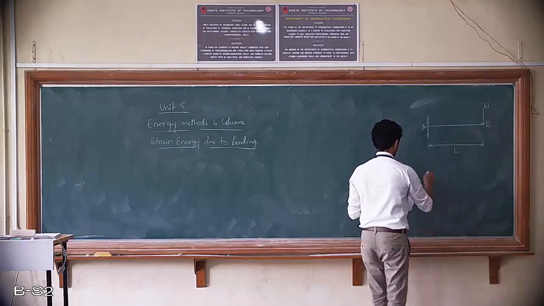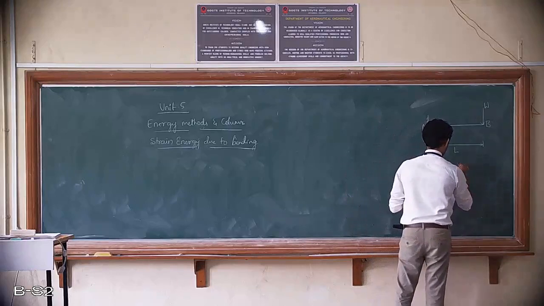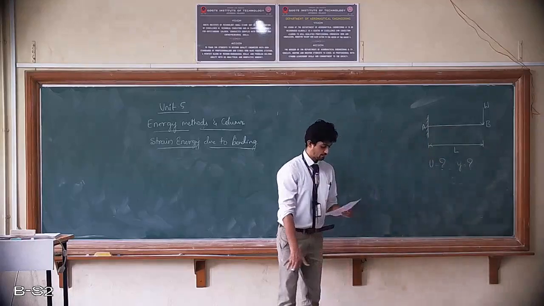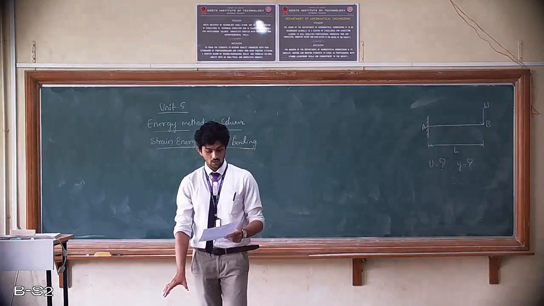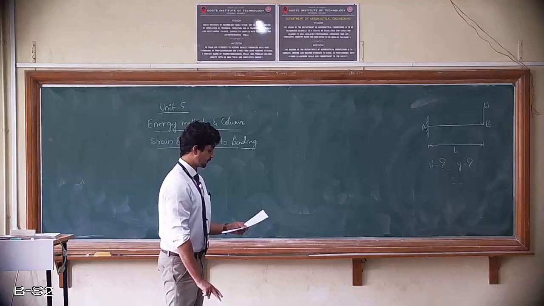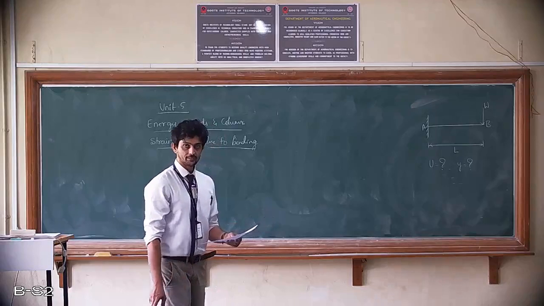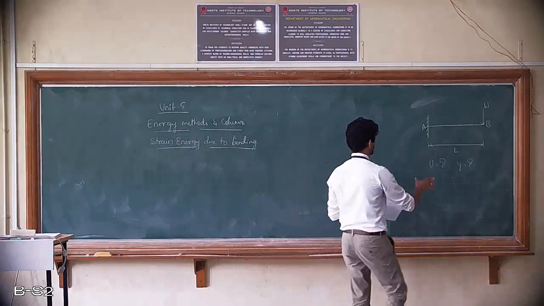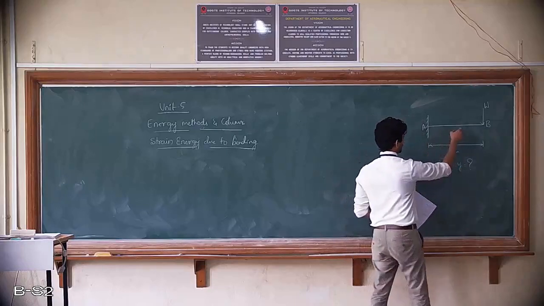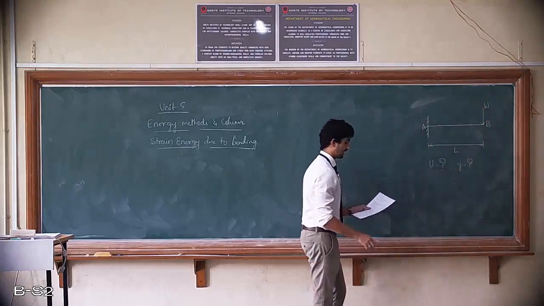So here we are asked to deduce the strain energy as well as the deflection at its free end due to that load application. So I'll repeat the question. A cantilever beam AB of length L is loaded with a point load W at its free end. Determine strain energy of the beam and the deflection of the free end. Now the diagram will not be given for this problem. Based on the question, I have drawn the diagram here: a cantilever beam of length L, a point load at its free end. We need to deduce strain energy and the deflection at its free end.